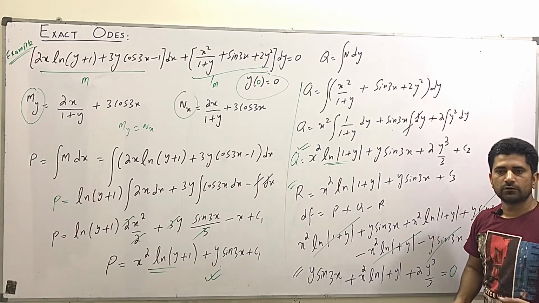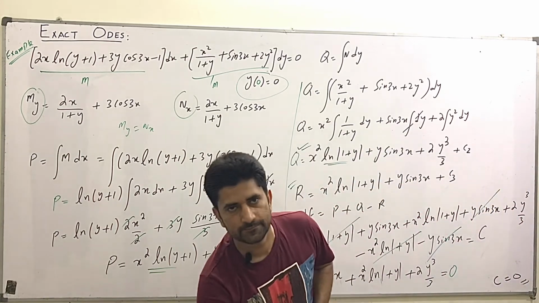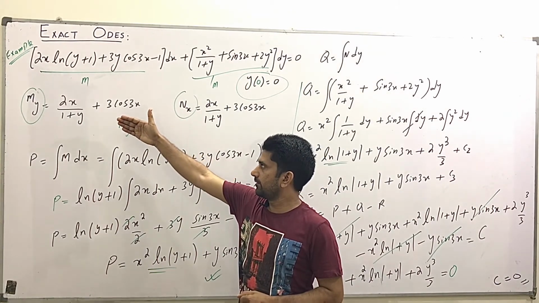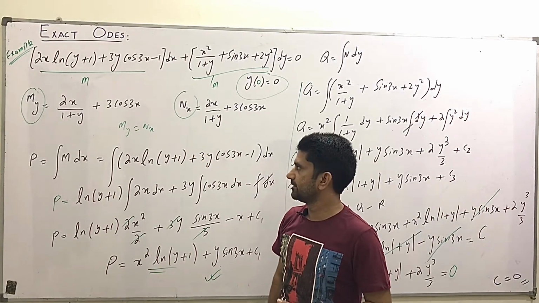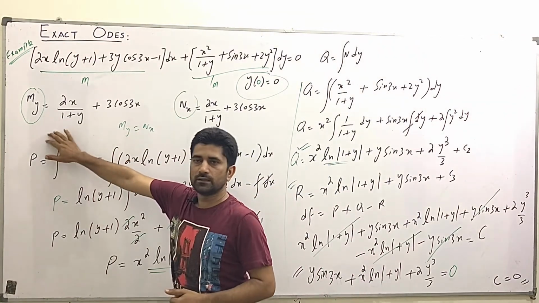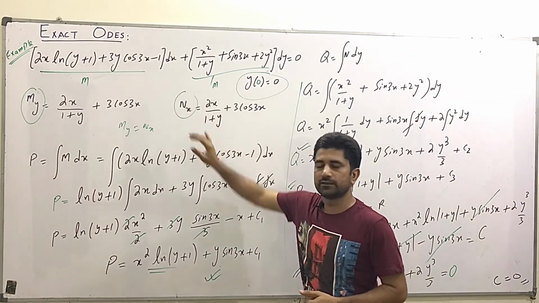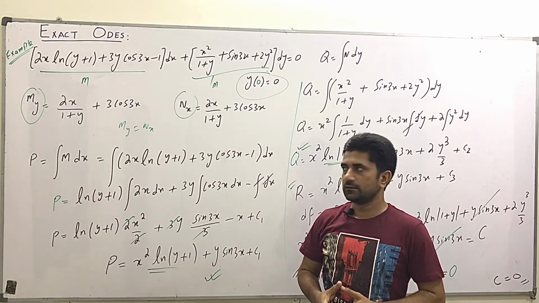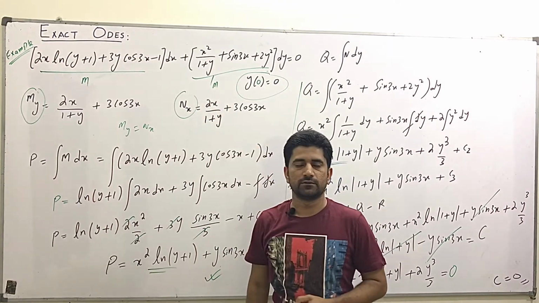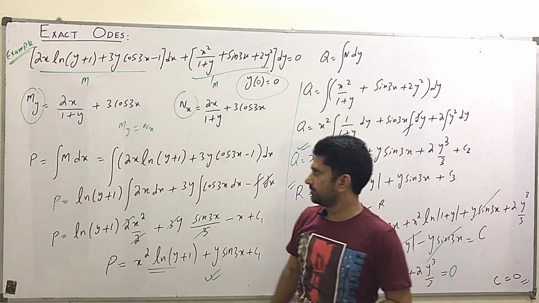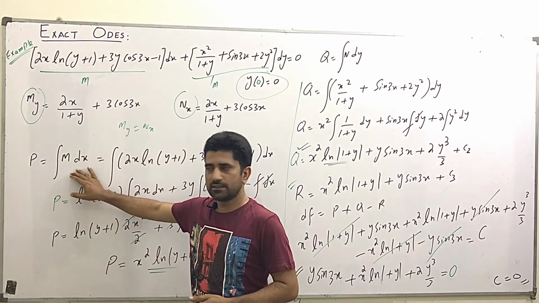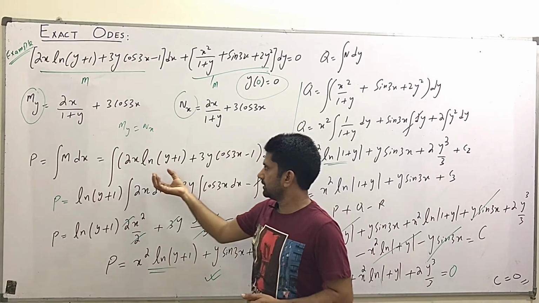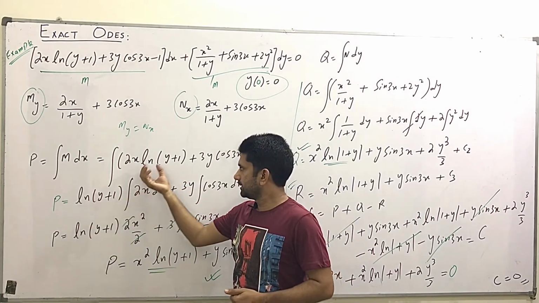I repeat one more time what we have to do exactly. First we check the derivative of M with respect to y. We partially differentiate the M function with respect to y and the N function with respect to x. If they both satisfy the relation, then we say that this is an exact equation. In the next step we find P. The P formula is the integral of M dx. M is this first term. What we do, we take the y terms outside and integrate with respect to x,